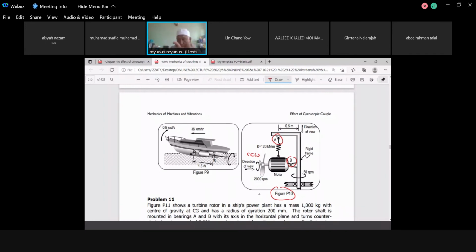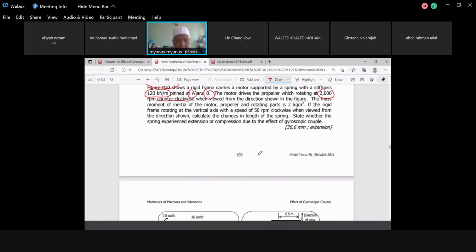Clockwise would point inward toward the motor. So this one will be your spin, for example. At the same time, the mass of the motor and the propeller are also given. If the rigid frame rotates about the vertical axis at 50 rpm clockwise viewed from the top, calculate